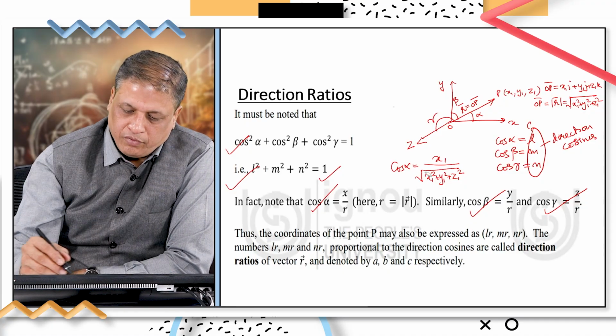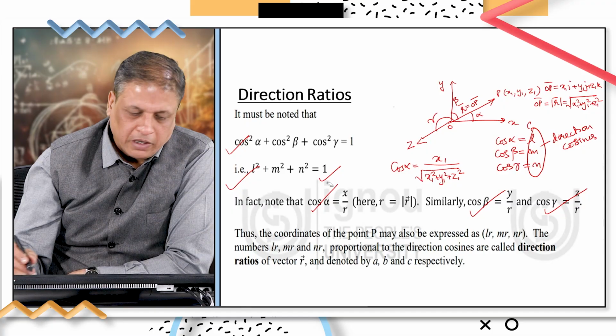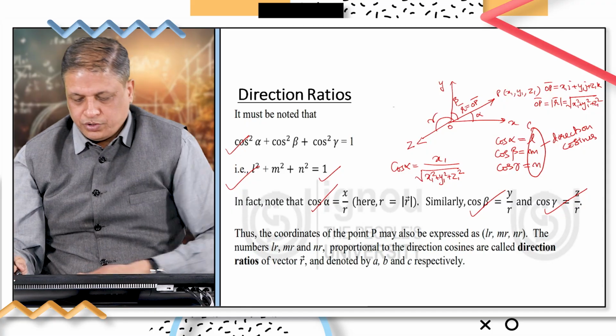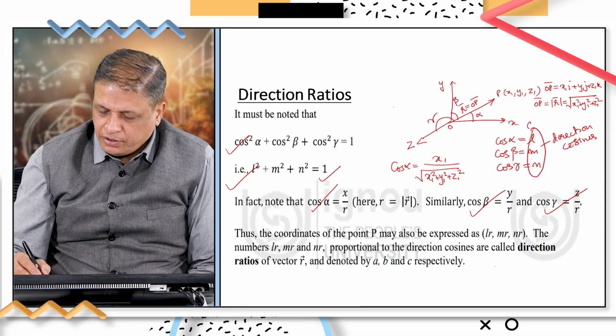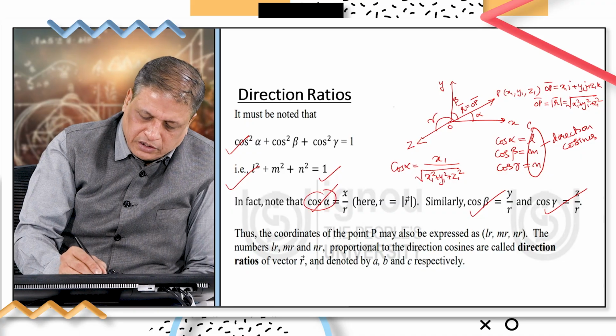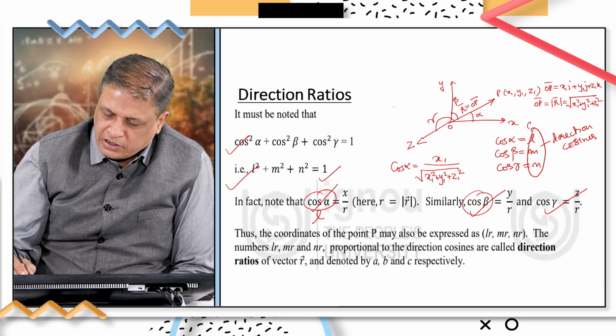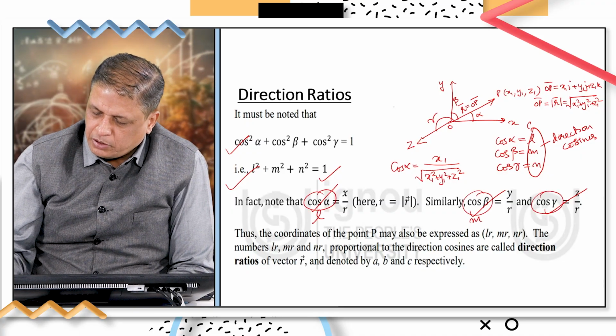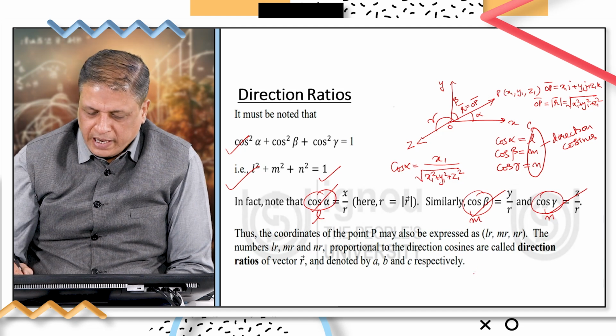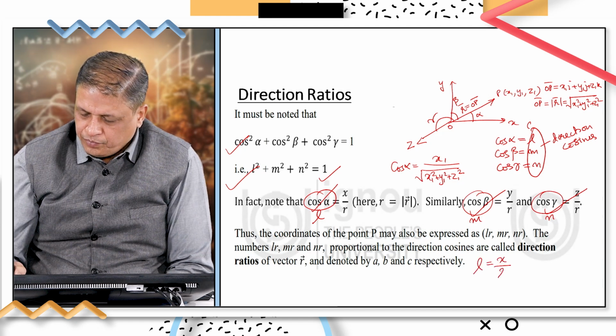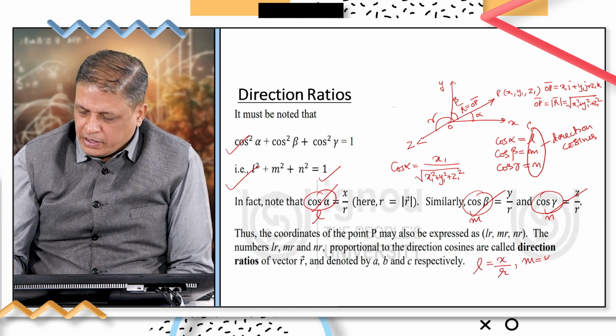Now, let us understand one more concept, which is nothing but our direction ratios. Now, we learned that cos alpha is nothing but L, cos beta is nothing but M, and cos gamma is nothing but N. So, that means L is equal to x by r, M is equal to y by r,